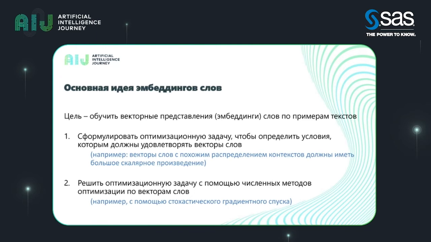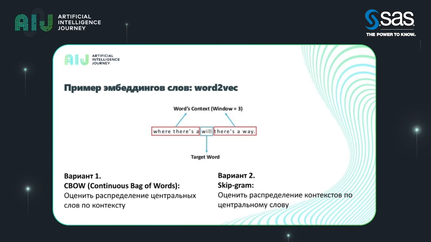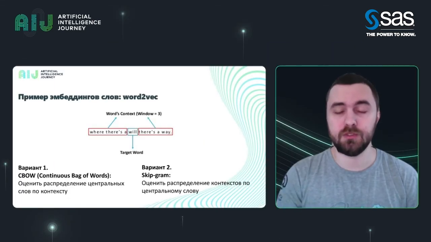Of course, it has some kind of end formula. So we solve this task with calculation and find the vectors. One of the classic examples is word2vec. It's been known for a while now, and it's been used in many fields. The main idea here is creating an optimization task so that the words found in similar contexts are actually close to each other. I mean, the vectors are.